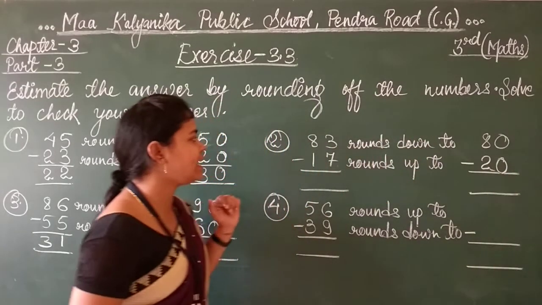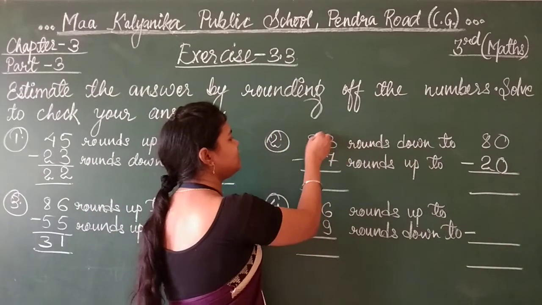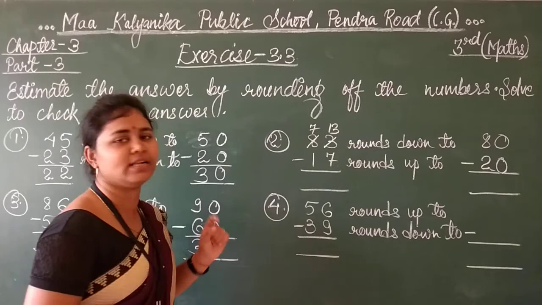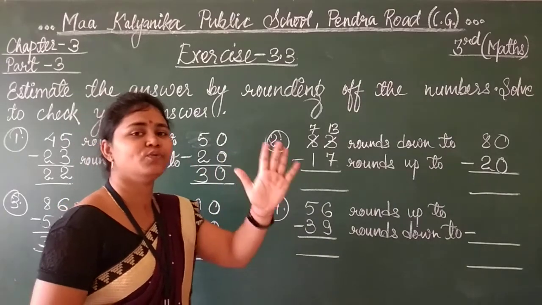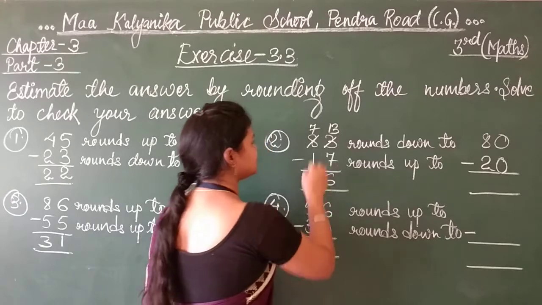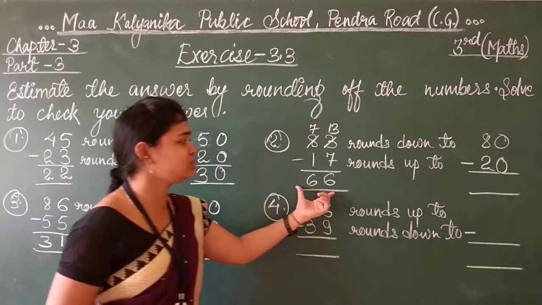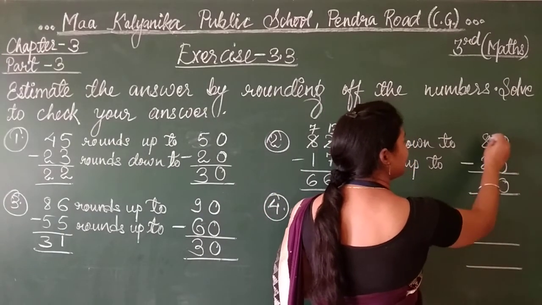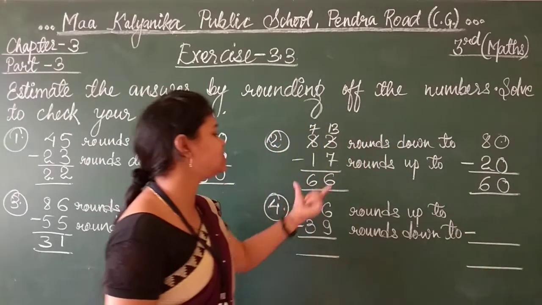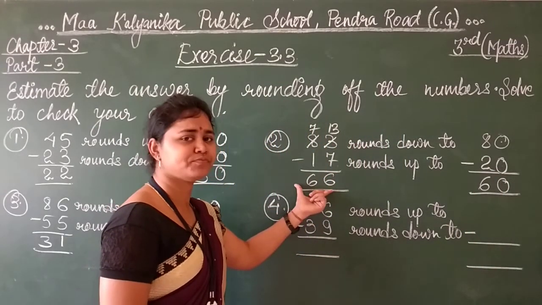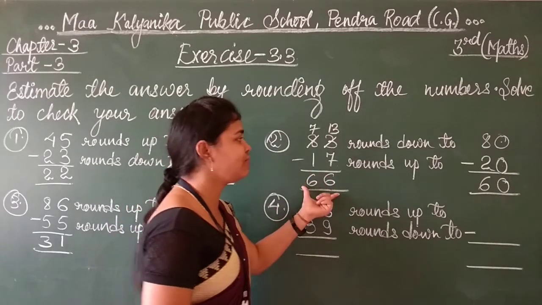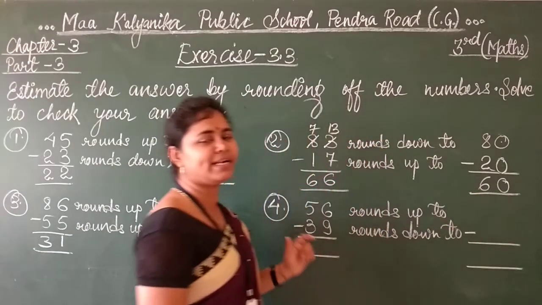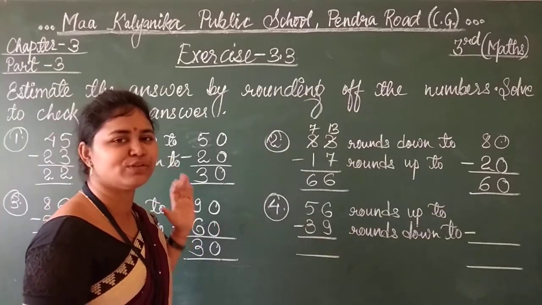Okay. So now find the actual difference. 3 minus 7 cannot be done. 8 will become 7. Give it to this. So 13 minus 7. 8, 9, 10, 11, 12, 13. So how much? 6. 7 minus 1, 6. Now 66 we have received. Now come to this step. 0 minus 0 is 0 and 8 minus 2 is 6. So students, 66 is the which difference? Actual difference, and 80 minus 20 we have received 60. 60 is the estimated difference. So question number 2 is also solved now.